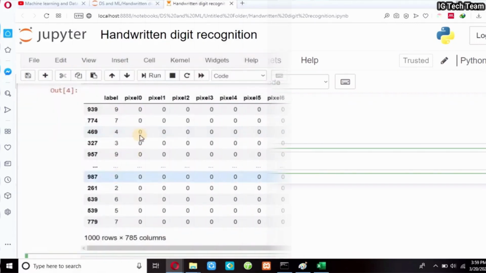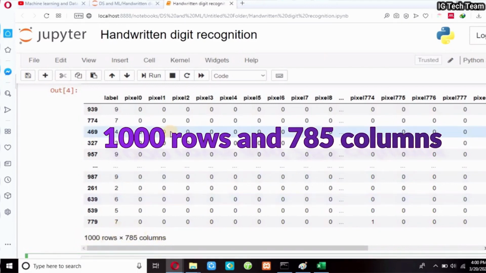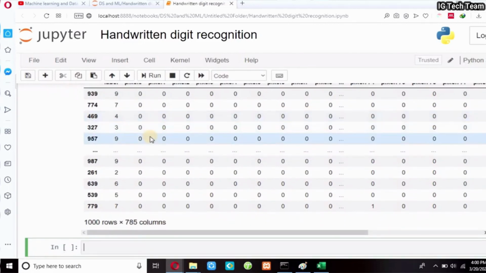This is it. You can see I have collected a total of 1000 images. So the size of the dataset should be 1000 rows and 785 columns. If you collected 50 images of each digit, you will have 500 rows and 785 columns. This is important. If it doesn't match in your case, you may get an error later. I have already mentioned you have to execute the generate dataset code only one time. This is how we can generate a dataset.